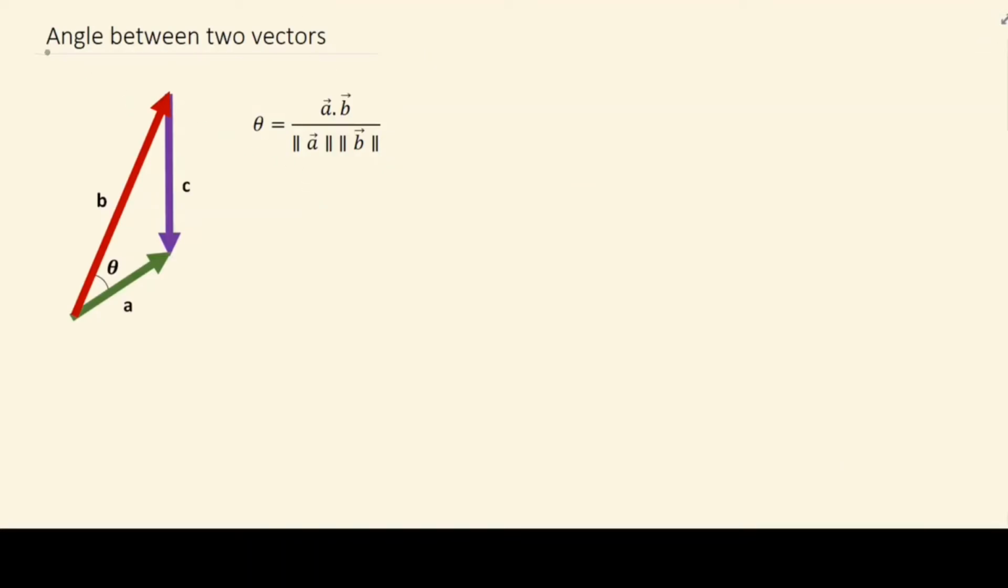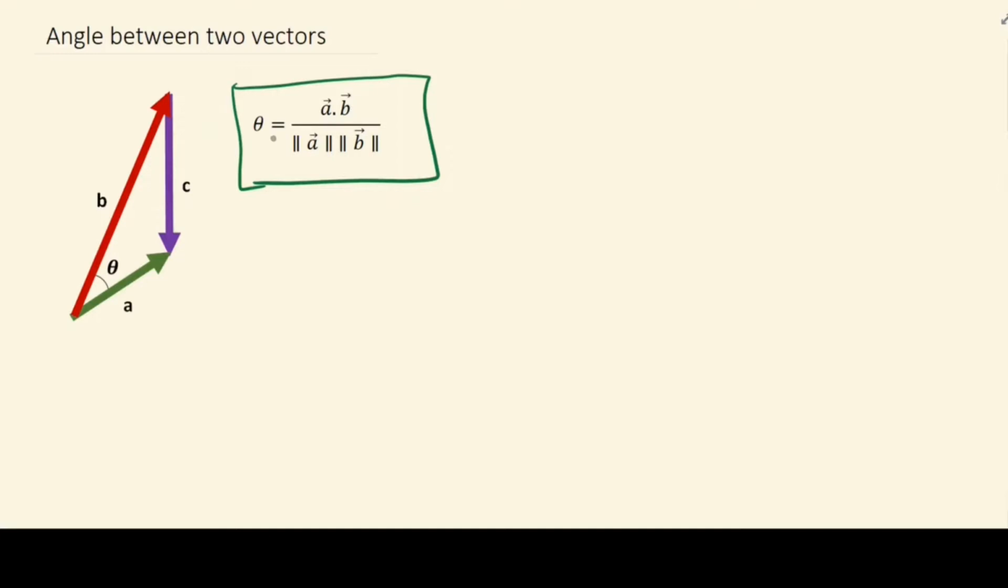Now in this section, let's talk about the angle between two vectors and how we can calculate that, or how we can correlate that with the inner product of those two vectors. Let's say we have vectors A and B shown here, and the angle between these two vectors is shown as theta, and we have this formula here to find the angle between vectors A and B using the dot product